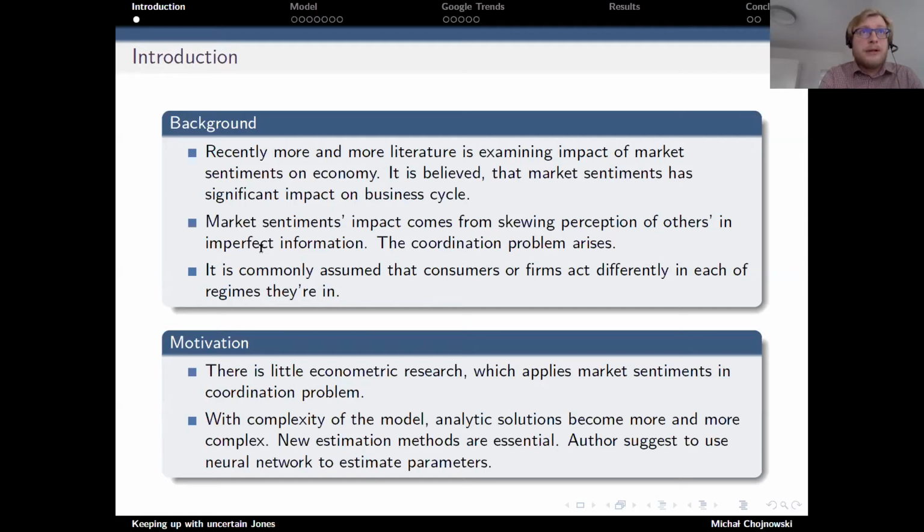Because they do not have perfect information about each other, they are trying to guess what is the best action that they can take. So how many cars, I'm saying cars because cars is one of the markets that I'm investigating, how many cars should be produced, so what kind of targets should be put on the sales of the cars